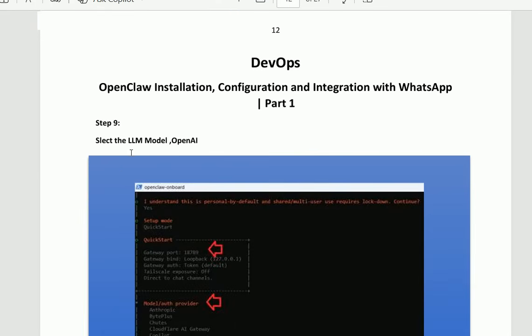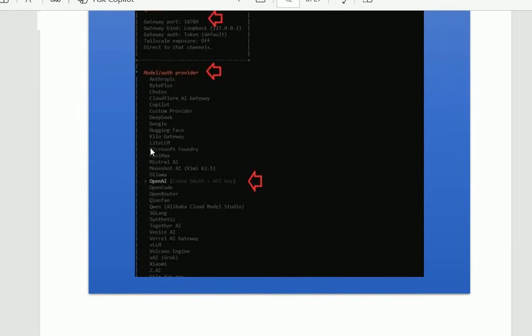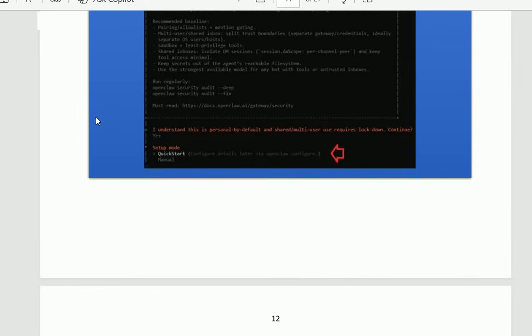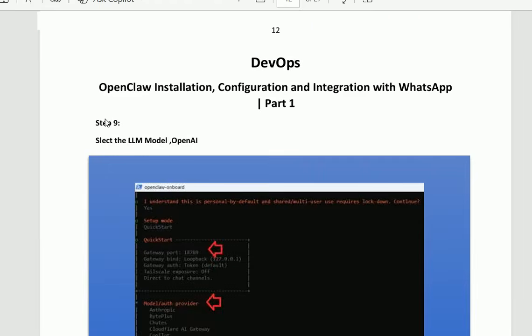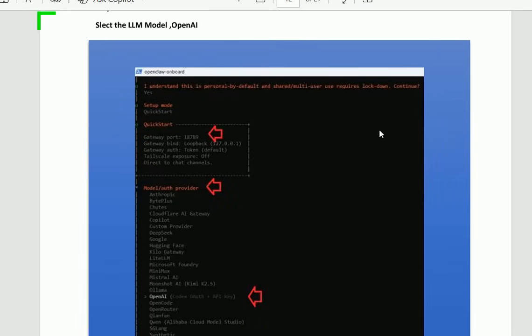Now, in the next step, we shall select the LLM model. Right now, for the explanation of configuration, installation and integration of OpenClaw, I shall use OpenAI. You can see that on the screen. I shall select OpenAI in this one. After we click on quick start, we shall select the AI model, the LLM model. In the LLM model, you can also see that on the screen,